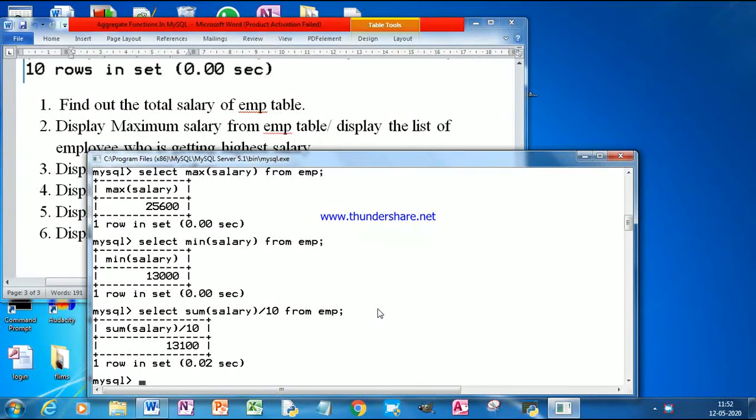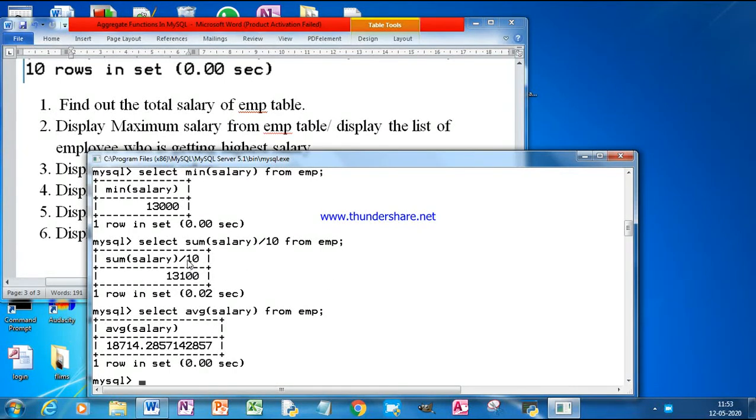Now if we simply apply the average function, select AVG, then pass salary from EMP, see the result. There is a lot of difference, just because the average function ignores null values.